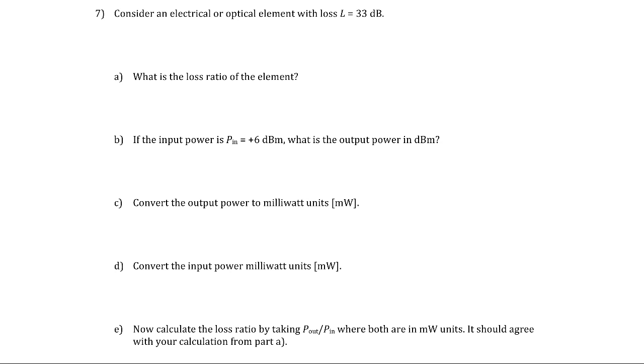Okay, in this video I'm going to do an example problem with a simple loss budgeting example. And the idea here is that I've got a given loss, I've got a given input power, and it asks me to find the output power. Okay, so we have P in on sort of a decibel scale here. And with loss budgeting, I make a vertical decibel scale, P out,